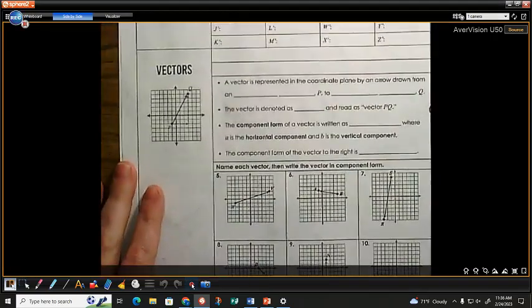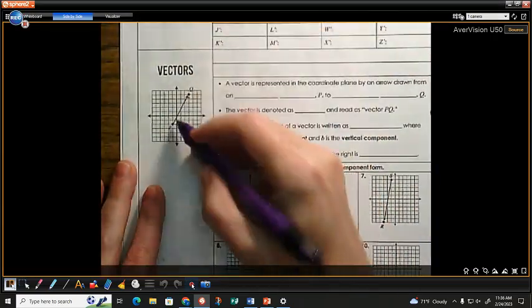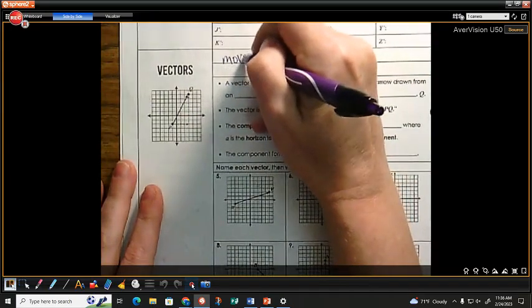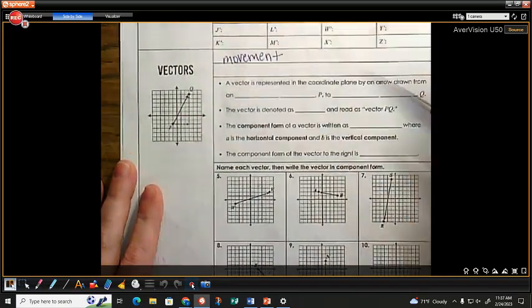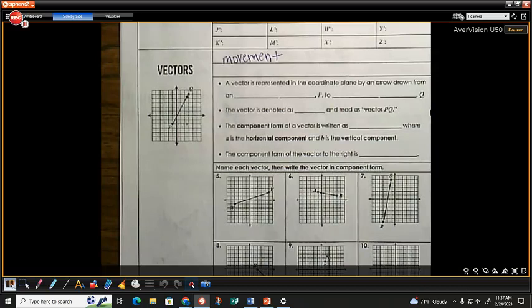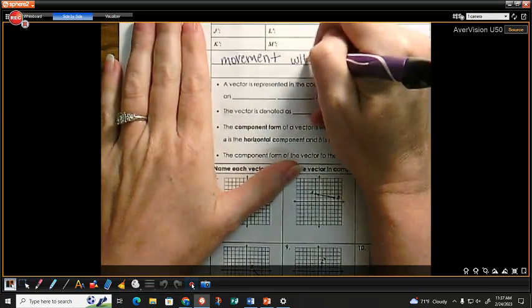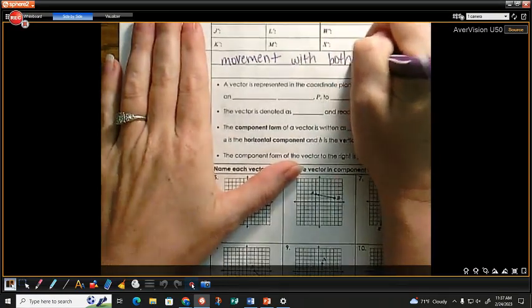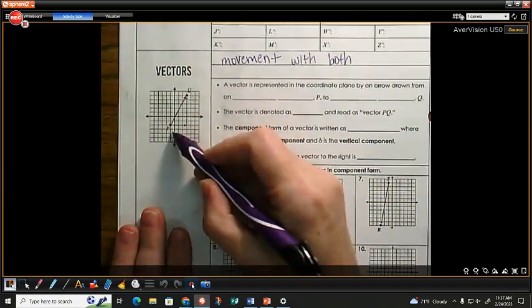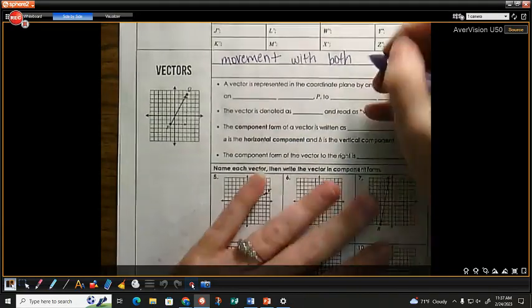Because a vector is just a movement. It's just a movement. And movements can be measured in two ways for us. When you get to physics, you'll get a lot of other ways, but for us, you measure them two ways. What are the two ways we can measure it with? Direction and magnitude. It's got direction,